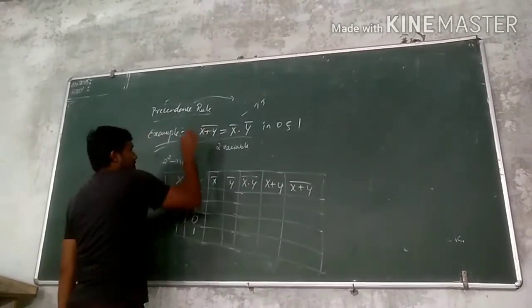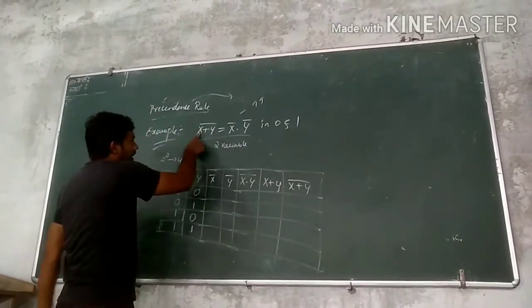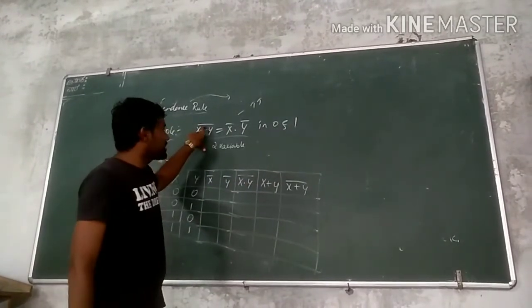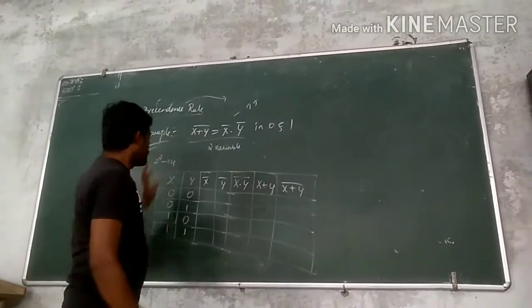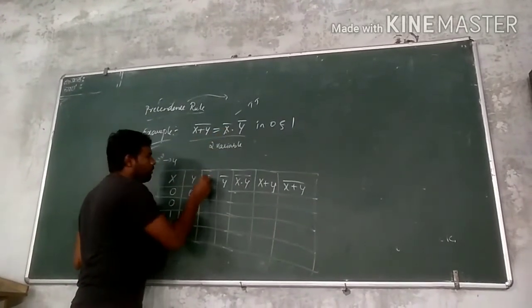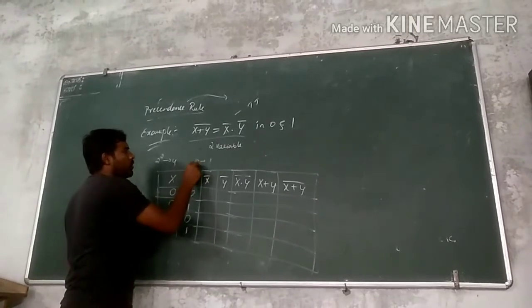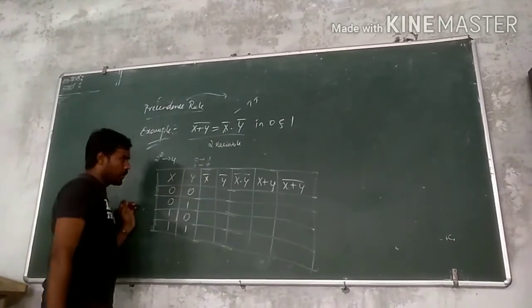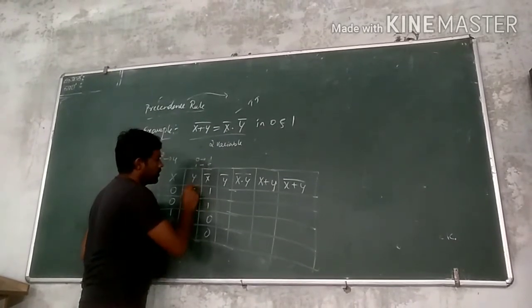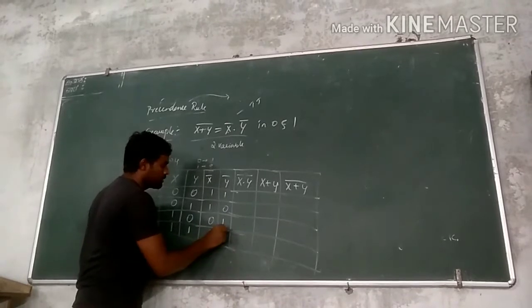Next, here is the expression. If you want x plus y complement, first you need to find out x plus y. So we are taking x plus y, and then we can easily find x plus y complement. So let us go for this x, y. The complement means wherever we have a 0, that should be written as a 1, and 1 should be written as a 0. So x complement is 1, 1, 0, 0. Y complement is 1, 0, 1, 0.